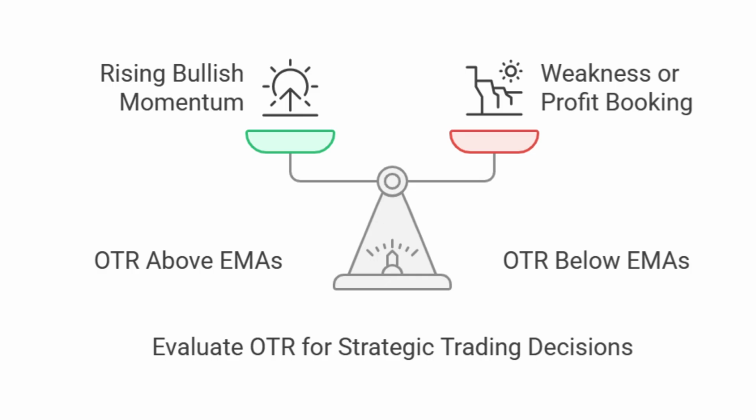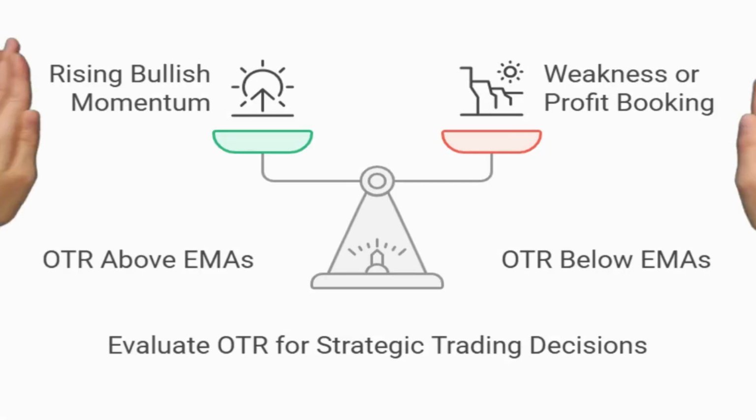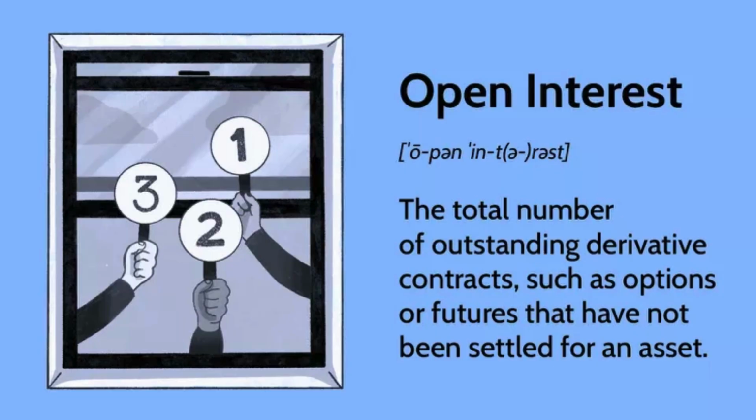So it's trying to get a feel for the bigger picture in terms of options positioning. Exactly. And maybe for someone newer to this, can you quickly explain open interest? Sure. Open interest is basically the total number of outstanding options contracts. These are contracts that have been traded but not yet closed out or expired. It gives you a sense of how much participation and conviction there is in the market for that particular underlying